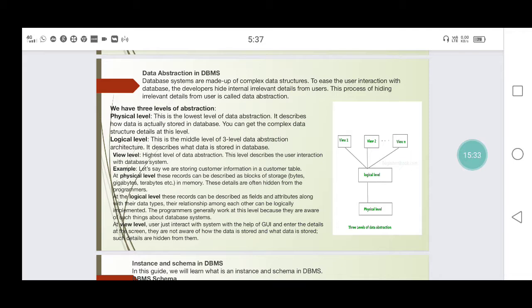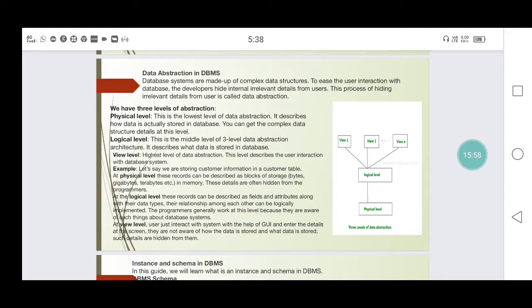This process of hiding irrelevant details from the user is called data abstraction.